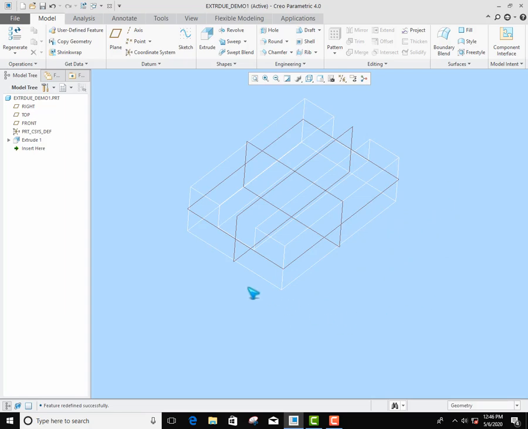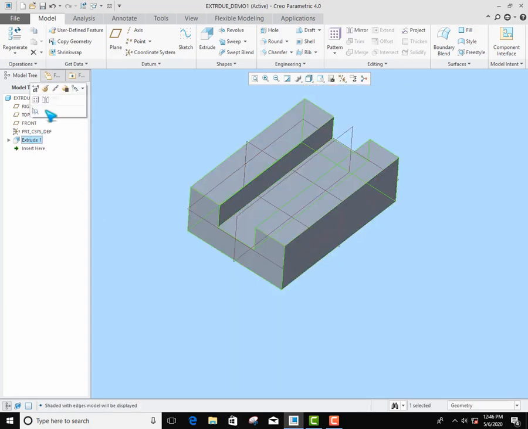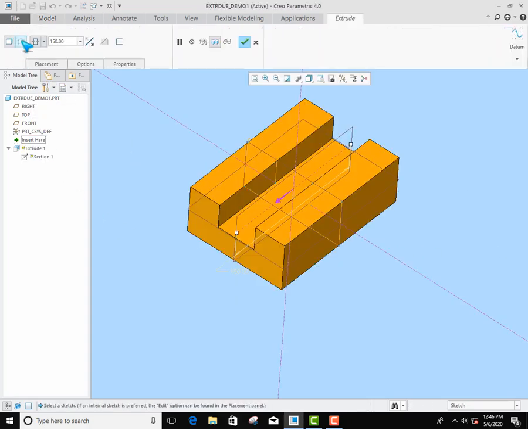So this is how you can differentiate between a solid model and a surface model. Again, in Creo Parametric there is a separate sub-version of surface modeling, which we can see in future videos.